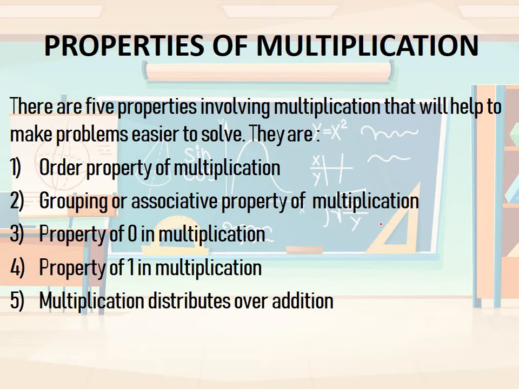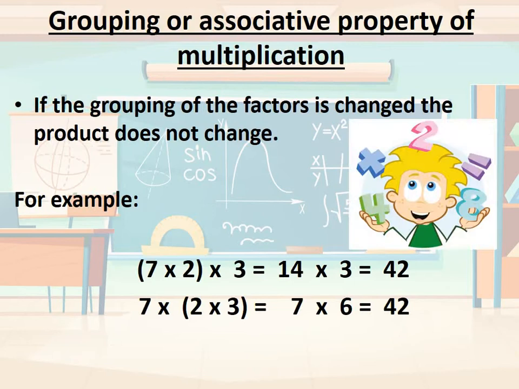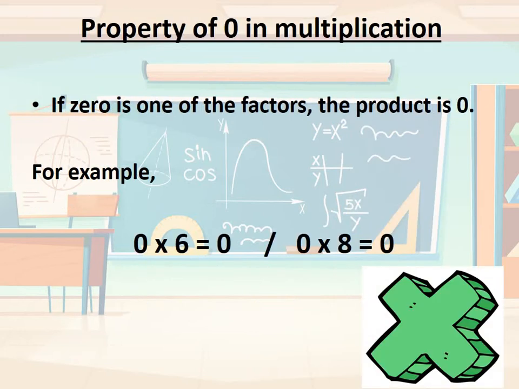See, this property of 0 and property of 1 is very simple, which you had already learned, but you don't know this. These are known as the properties of multiplication and they have certain use. Okay, the first table which you had learned in your junior KG or senior KG is the table of 0. So if any number is multiplied by 0, it will give you 0 itself.